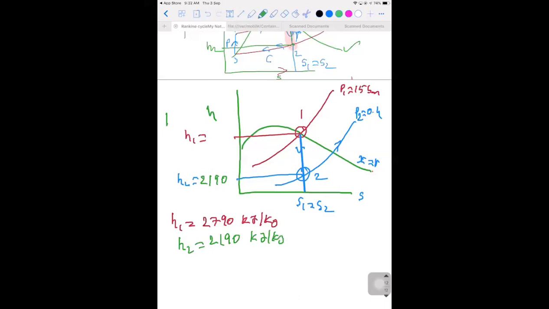And one more thing, you have to find what is the X2. How to find the X2, sir? Through this point 2, what are the constant pressure lines that are passing? What are the constant pressure lines that are passing near to this one that you named as X2? And we'll go to this one once again. Yes, scan document. Okay, here.